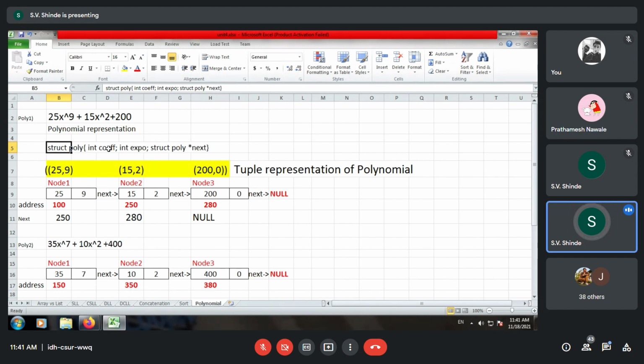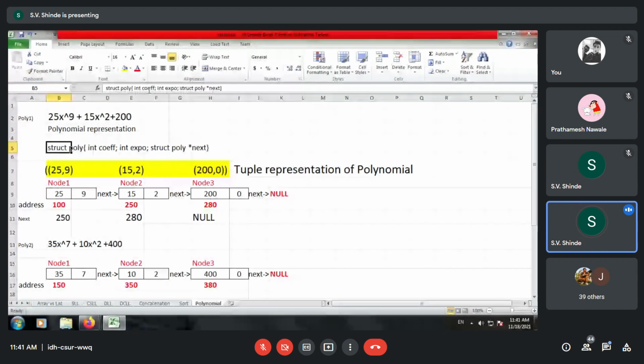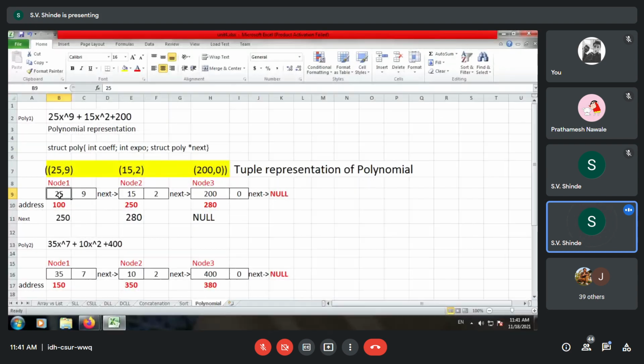If you design the first part as coefficient, then this is correct. And if you design the first part of the polynomial structure as exponent, then you have to just reverse the contents. So you should put 9 over here and 25 over here.